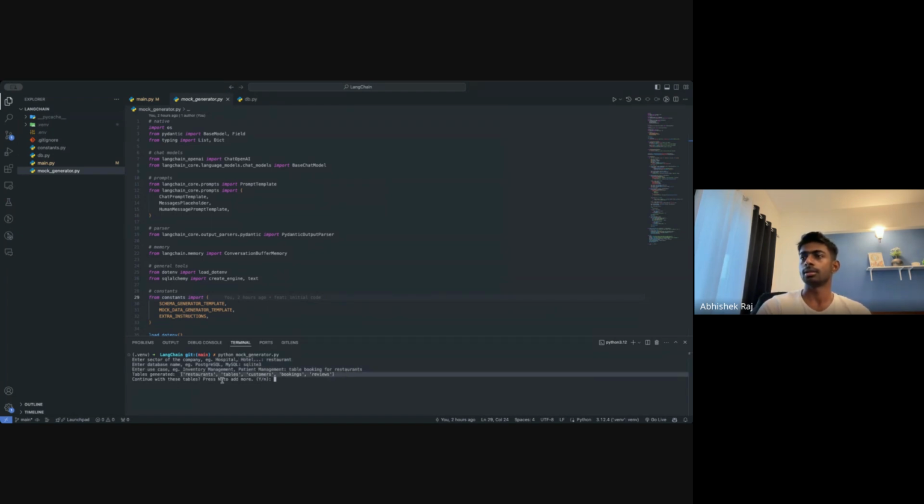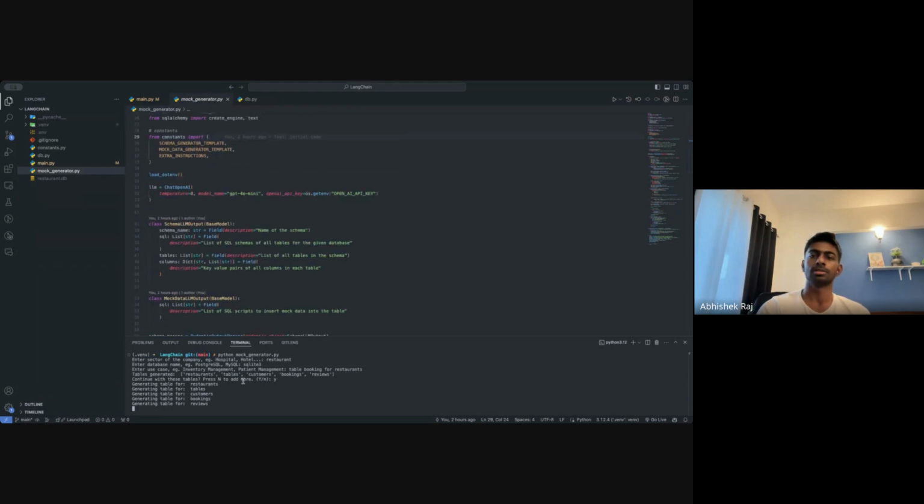It gave a suggestion of tables we can generate, and I will just say yes. It will generate the tables and the data and insert them into the database. This code is independent of the sector. It can generate any data, because an LLM can generate any type of natural language.